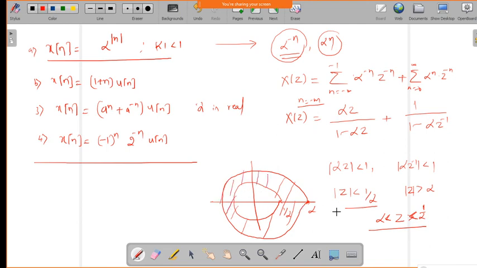So in between this region we can say that the ROC exists. So z is greater than alpha. This you can take as alpha, and this is 1 by alpha. So z is less than 1 by alpha and greater than alpha. So this value should be alpha and this value should be 1 by alpha. So this is your ROC. Okay, understood? Okay, so this is a general form. Now if we give a value of alpha here, something like 3 or 4, whatever